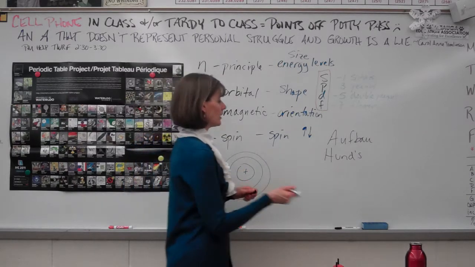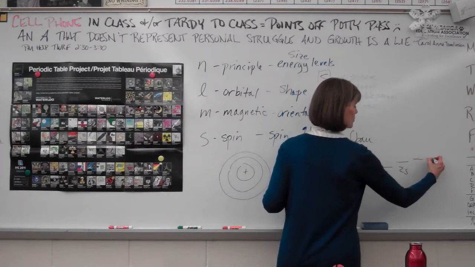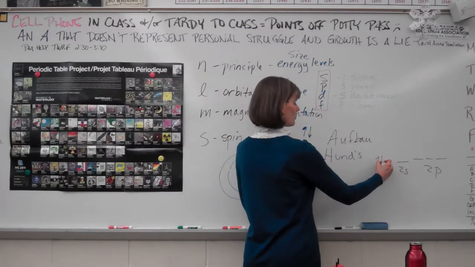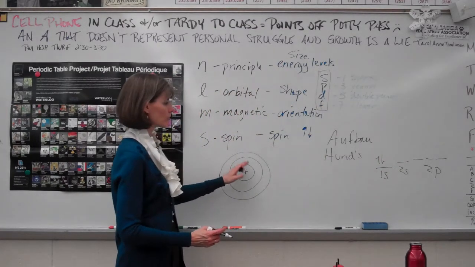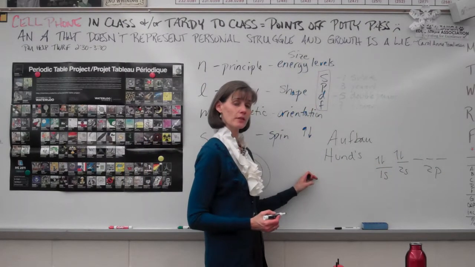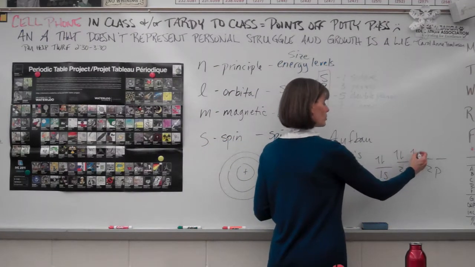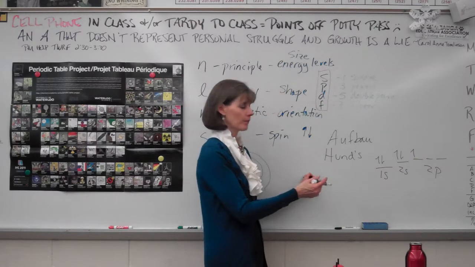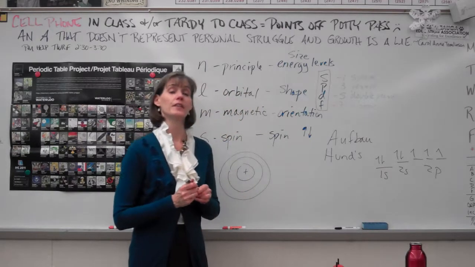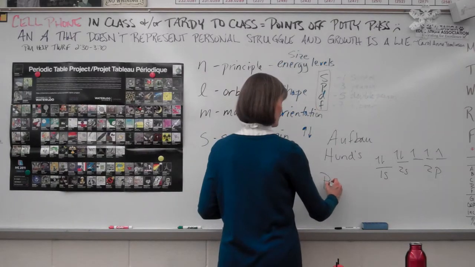And Hund's rule, if you go back to our orbital notation, 1s, 2s, 2p with 3 orbitals: we fill our 2 electrons close to the nucleus first for an atom that has enough electrons. Then we fill up our 2s sublevel. But when it comes to the 2p, we're not going to put 2 arrows right away in one. Those electrons are going to go into their own individual orbitals before they double up. That's Hund's rule. And then the Pauli exclusion principle